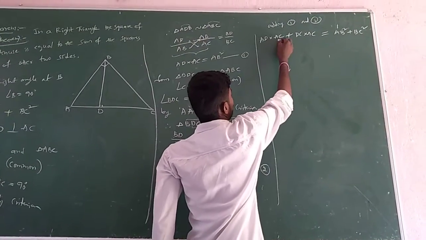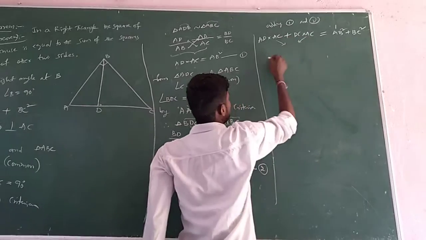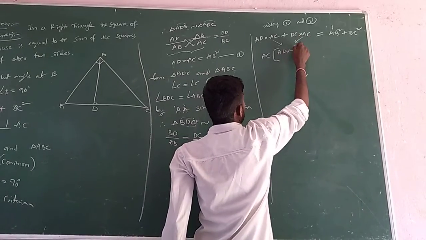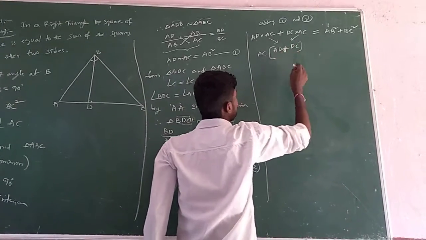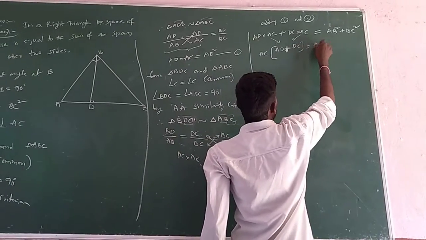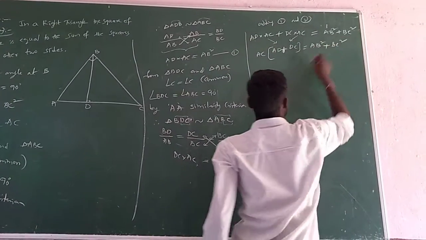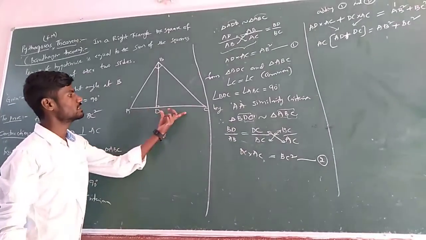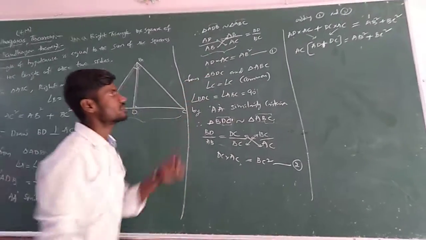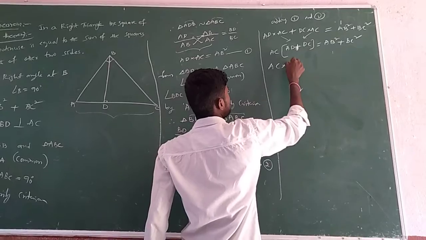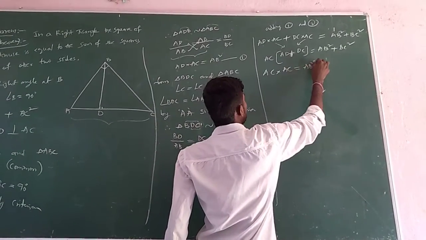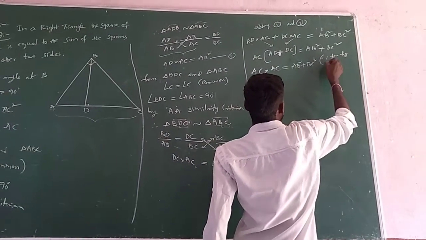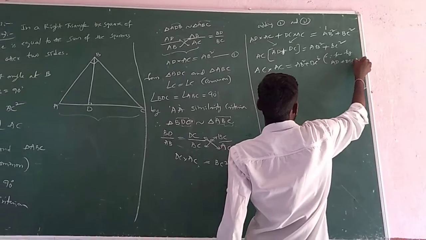In the left side part, if you observe, AC is common. So let us take it as common. Then what will we get? AD, and here, with AC common, you will get DC. So AC into AD plus DC is equal to AB square plus BC square. Now AD plus DC, once go to the figure and observe, AD plus DC is nothing but the bigger side AC. So let us substitute there. So AC into AC is equal to AB square plus BC square. Here you need to write, since from figure AD plus DC is equal to AC.